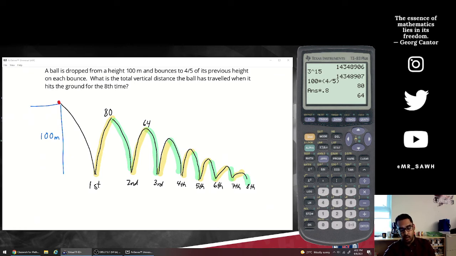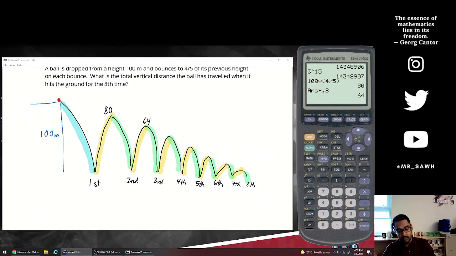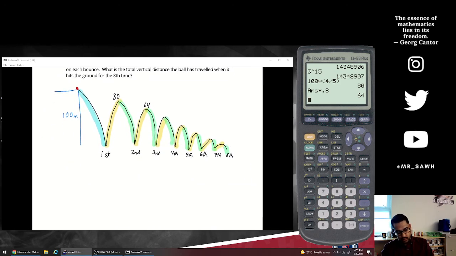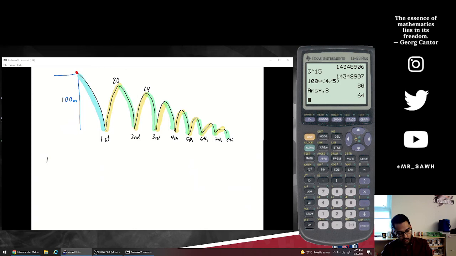Once I do that, I also have to remember that the ball even traveled 100 meters to start with. Right? Vertically, it had to drop 100 meters to get to the ground, so I have to add that in on the end as well. So what we're going to think about is our total distance, right? Our total vertical distance